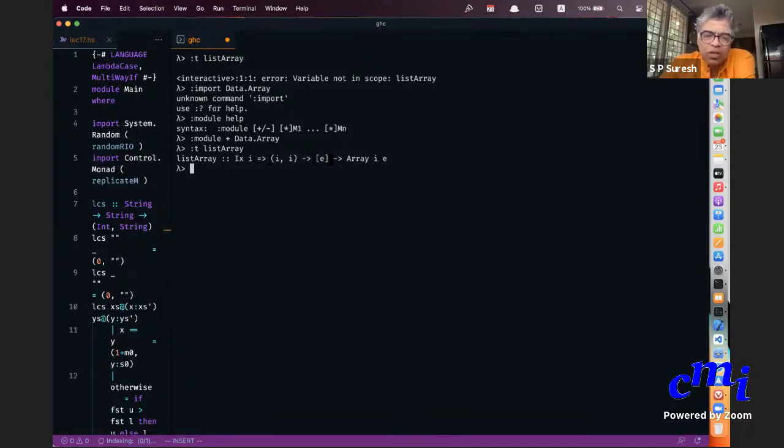It takes a list and produces an array of type Array i e. Let us first use it and then we'll see what happens.